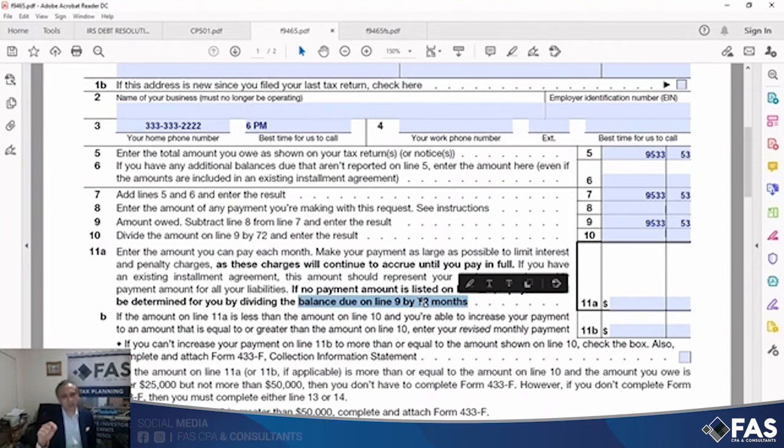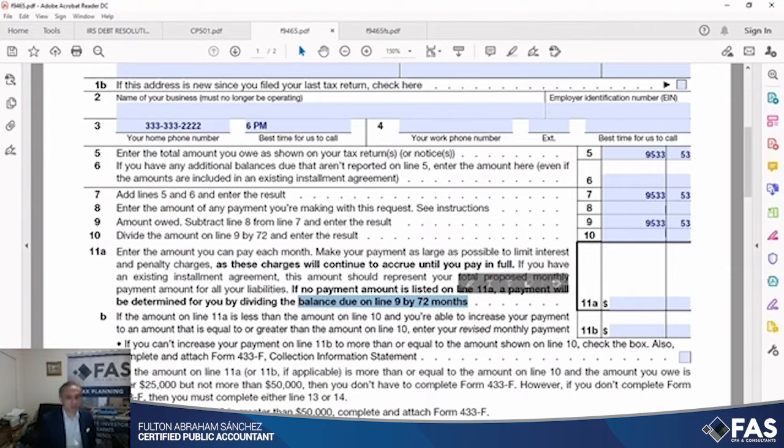So if the interest rate is low, and you want to pay in a number of months, the IRS is going to apply an interest rate, and the bad news is that that interest rate is monthly. It's calculated on a monthly basis, and the IRS is going to tell you